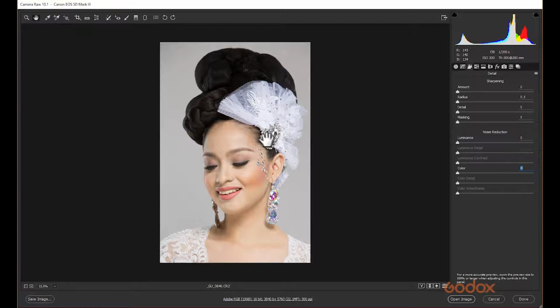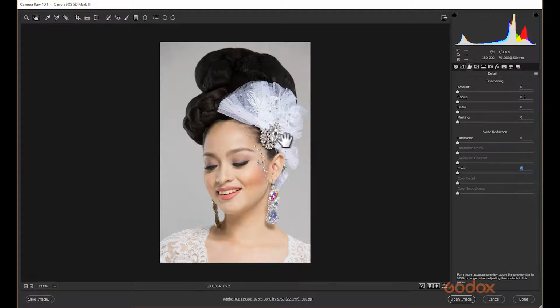Well, first and foremost, when I edit pictures and I know that I'll be doing high-end retouching on them, I usually zero everything out here. Zero sharpening and zero noise reduction, because I would like to do that in Photoshop where I can control everything properly. In here, it does everything on a global scale, as opposed to Photoshop where I can mask it out and apply it in parts of the image that I want. So